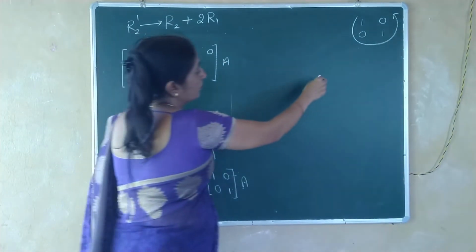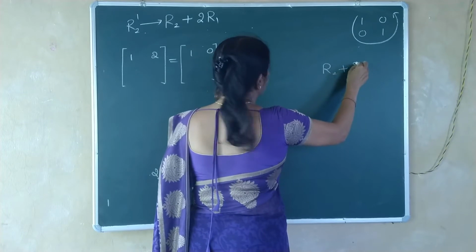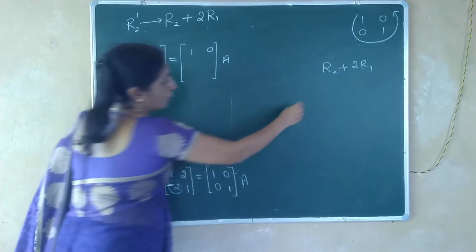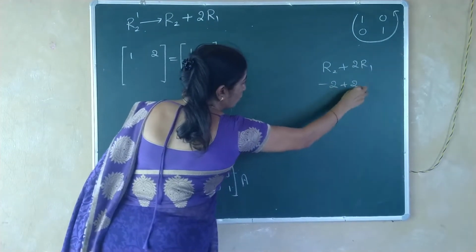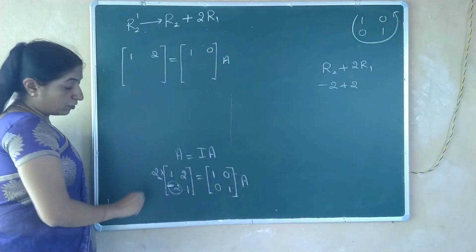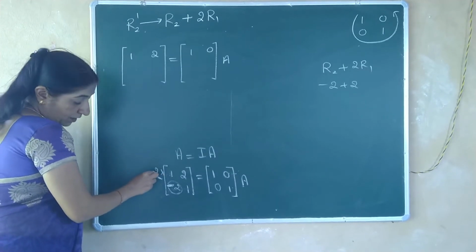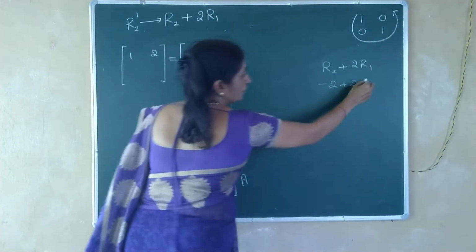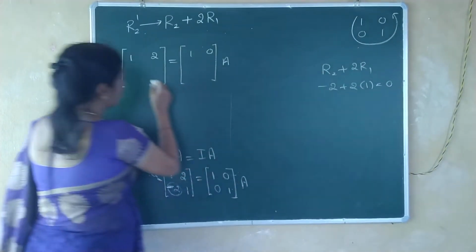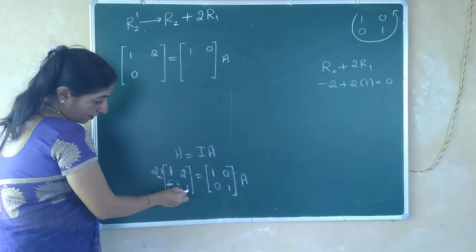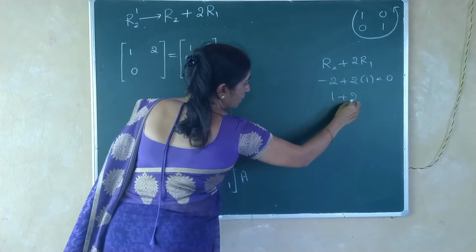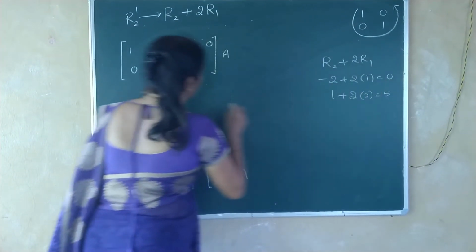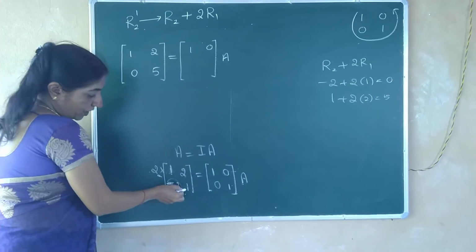Now for your explanation I am writing this again as it is. Now moving one by one. Here it is minus 2, the second row element minus 2, plus 2 into its above corresponding element. That's why I told you to write with a pencil. Its above corresponding element is 1. It is multiplied with 2. Yes, what is your answer? 0. That comes here. Next 1 plus 2, its above value is 2. What is the answer? 5. So orally also you can do it, 1 as it is.